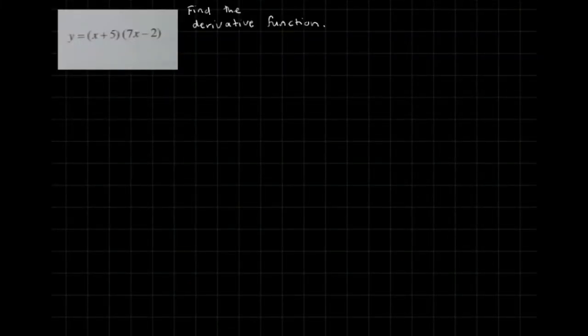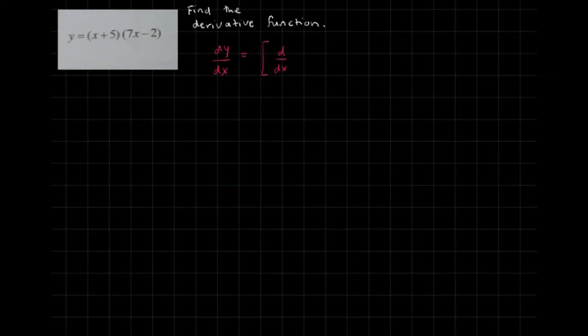Okay, find the derivative function. So if we look at this function, y is equal to (x + 5)(7x - 2). In this case, we have to actually use the product rule. So if we're using the product rule, the derivative function dy/dx is equal to, I'm going to do the